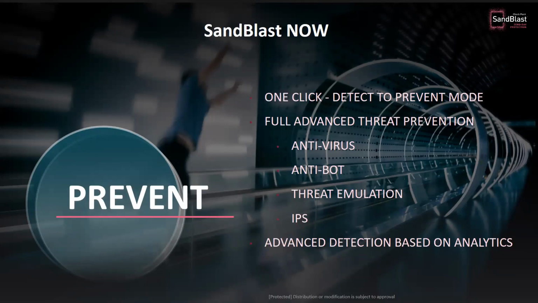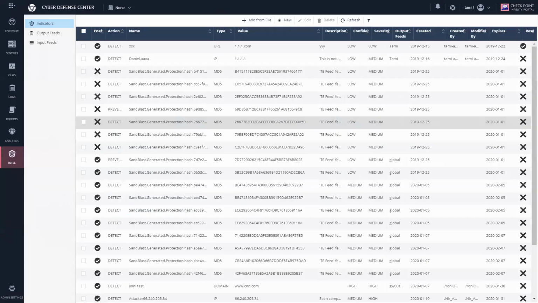Full advanced threat prevention. So once again, it's our threat prevention blade, or threat prevention suite of blades. So it's our antivirus, anti-bot, threat emulation, IPS. And so, as far as setting it from detect to prevent, here's what the newer dashboard looks like. So you can see that there's a bunch of files that came in. We had it all in detect just for visibility standpoint. But on the fly here, you just click on one of these, this one that's highlighted as detect. You click on it, you would edit it, and then